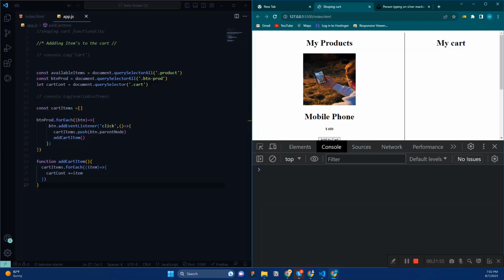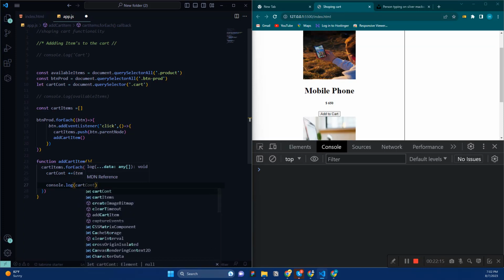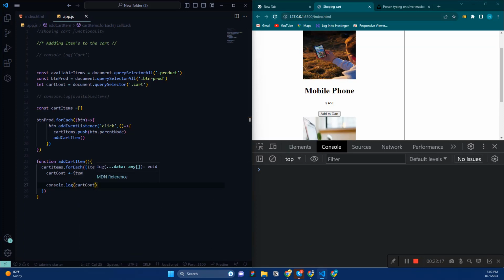And if I click, now here once we add this, I ask for console.log what is cart content. Just give a refresh, and if I click here,